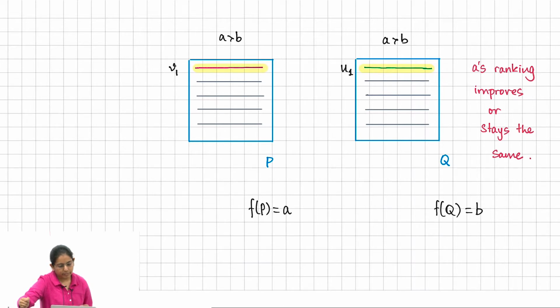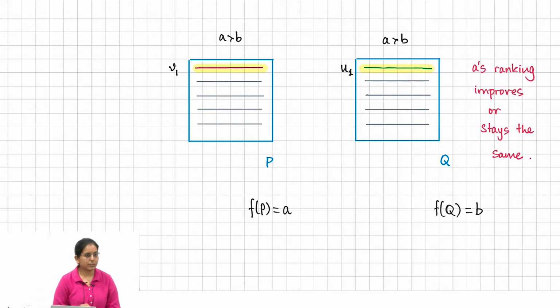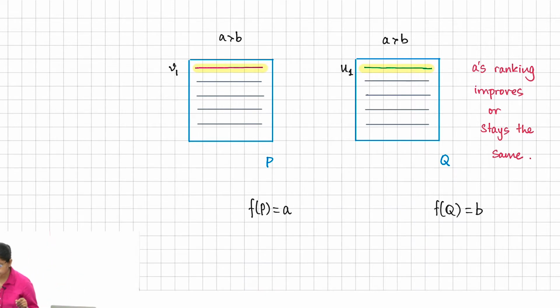So that tells us that the first voter of the profile Q has an opportunity to manipulate by going to the profile P if the mechanism outputs B here, which means that we contradicted the strategy proofness of the mechanism, and therefore it cannot be that the outcome of F is different in the profile Q, because this holds for any B different from A. So it must be that F of Q is also A. Yeah, is that reasonable? So we have monotonicity,